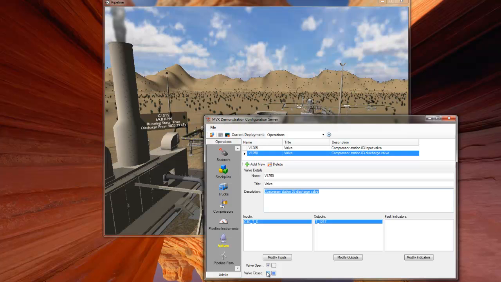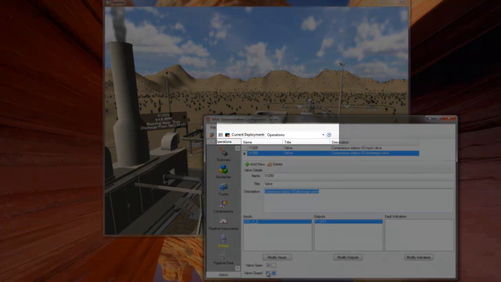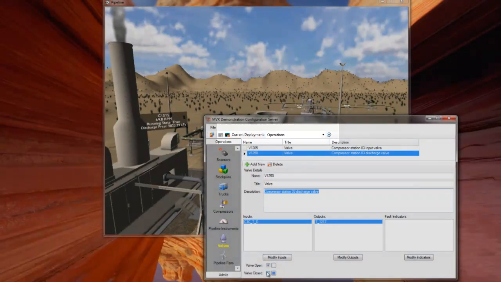This screencast demonstrates how MVX can be set up to work with multiple data source deployment scenarios. The example shown here illustrates how the same visual model and data model can be used with multiple data sources to display current live data from operations, review historical data, and also obtain data from a simulation source, such as